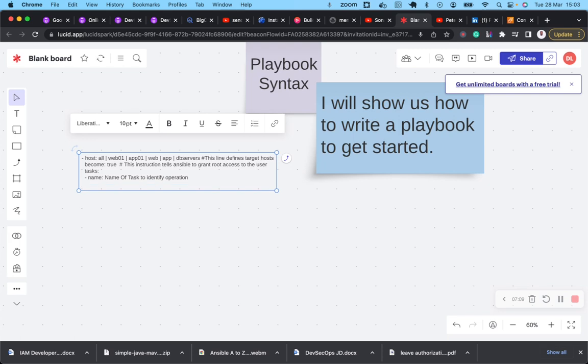Now, after the name of the task, the module, which is the Ansible plugin used for executing the task. Right? Now, we now have